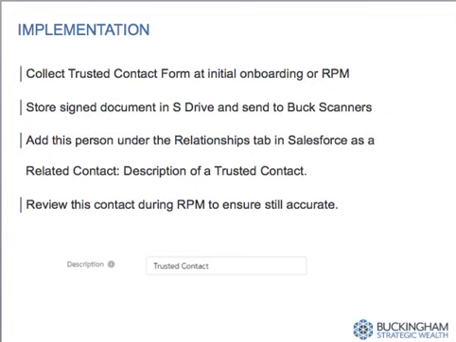When we talk about implementing this form, it's best practice to collect the form as part of initial onboarding or any regular progress meeting. So this should really be in your advisor toolkit. When you're meeting with clients, you should track this and cross-reference potential older clients who may not have this in place. Obviously, they're a higher target when we think about diminished capacity.